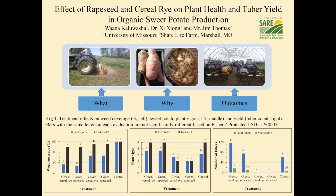And so this led us to conduct this study in collaboration with a certified organic farmer based in Marshall, Missouri. In our study, we used two cover crop species, namely rapeseed and cereal rye. We used these either as a cover crop, in which case residue was left on the surface after termination, or as a green manure crop, in which case the residue was tilled into the soil after termination. Both cover crops were planted in fall of 2016 and terminated in spring of 2017 prior to transplanting the sweet